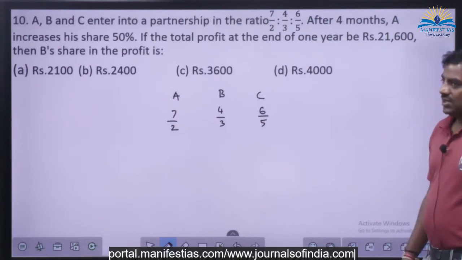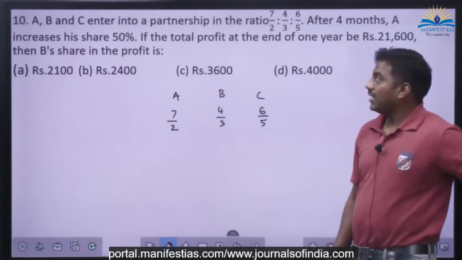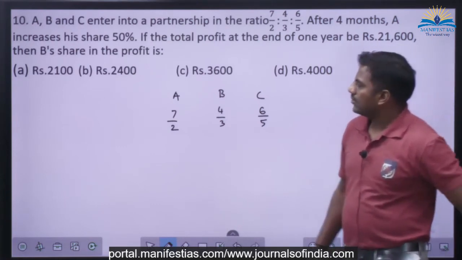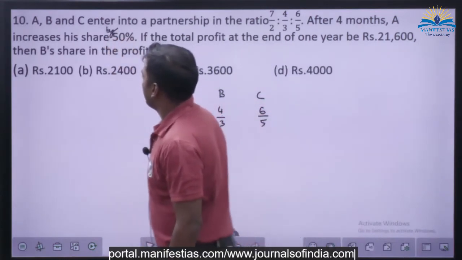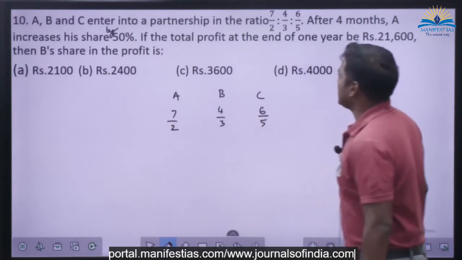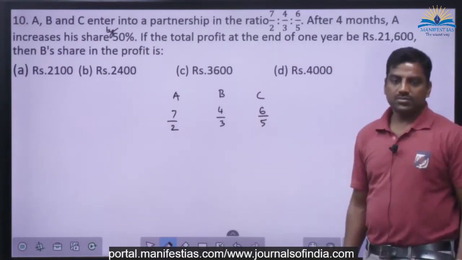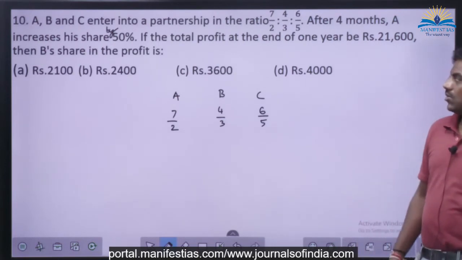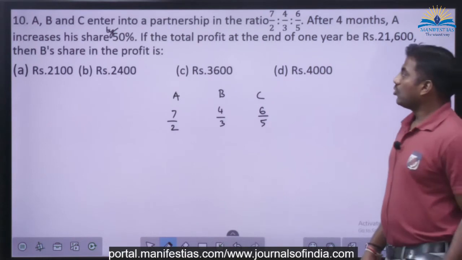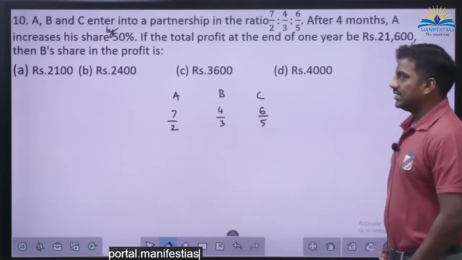After 4 months, A increases his share by 50%. It has to be by, okay? After 4 months, A increases his share by 50%. If the total profit at the end of 1 year be 21,600, then B's share